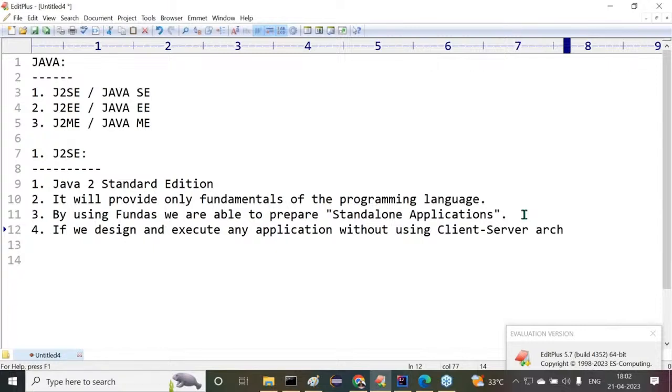You know, there is a design architecture, client server architecture. The client will send a request to the server, the server will perform some process, and the server will send some response back to the client. This is what client server architecture is. All of you are getting my point or not? If we design and execute any application without using client server architecture,